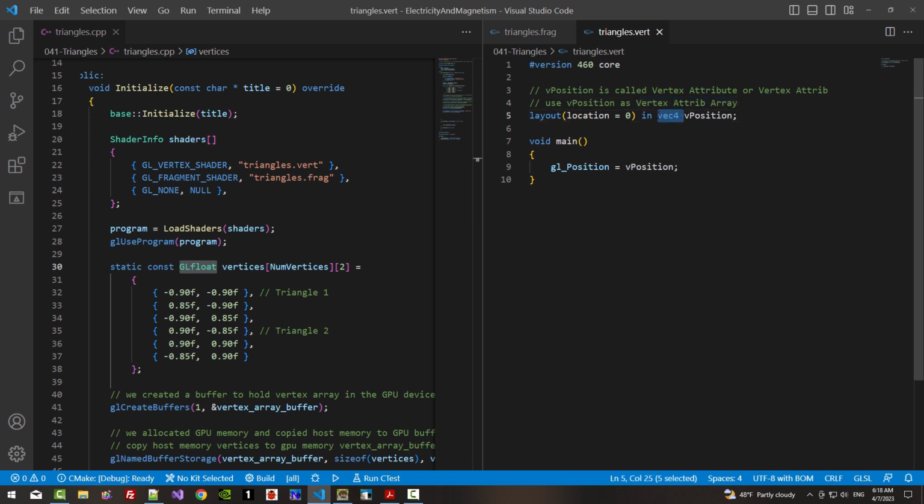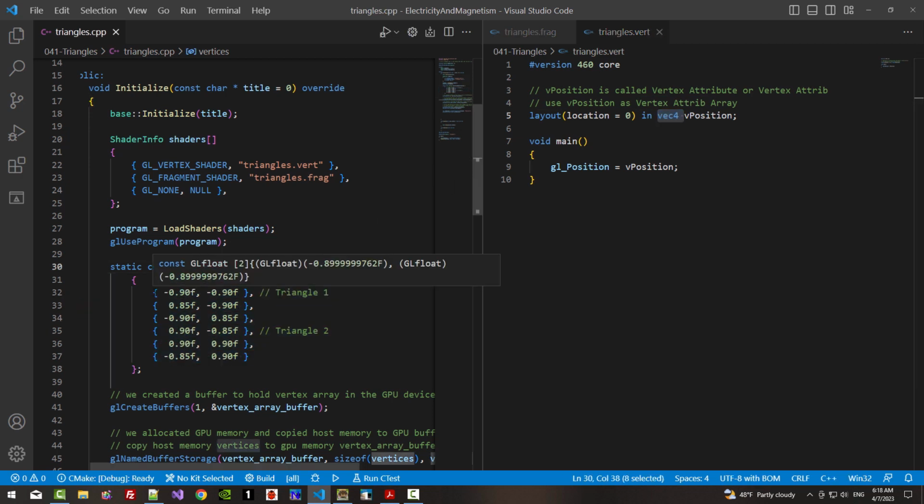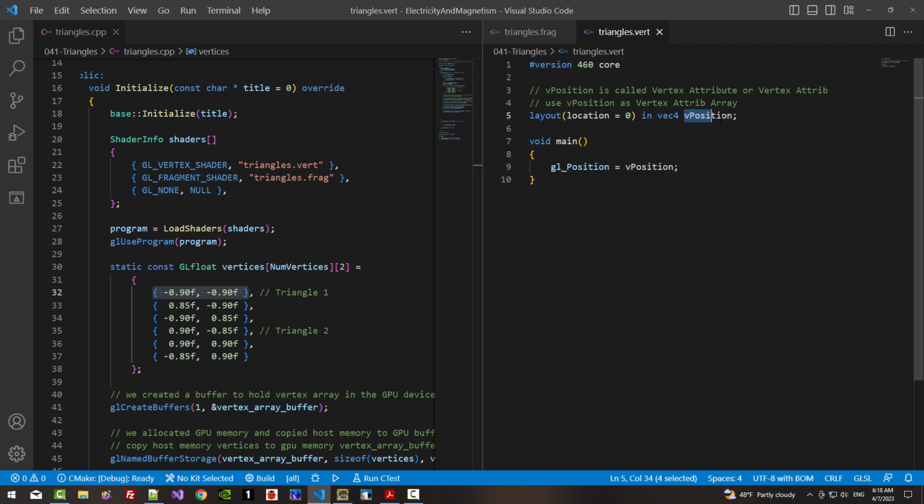It needs 4 elements, but in our host memory each vertex has 2 elements, while in our vertex shader, V position requires 4 elements of vec4. That's the problem. To solve such a problem, we need